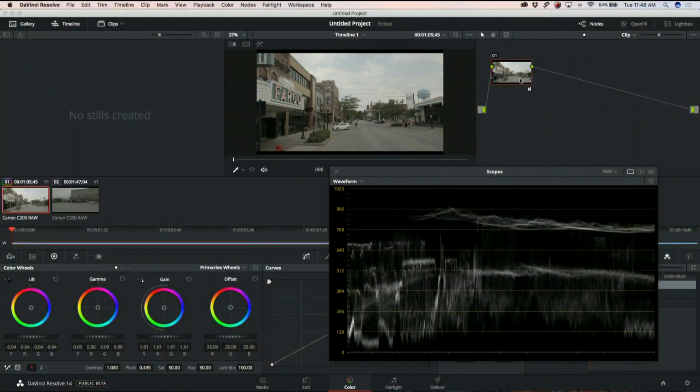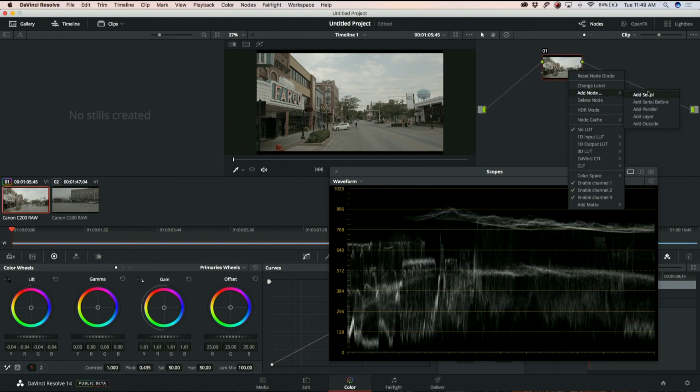If I do this to all of the clips that are in my rough cut and then I export them, then applying something like a LUT or a lookup table or my own color settings, or whatever else I might want to do to that clip in Premiere Pro, makes it that much faster. Now, of course, I don't have to do that, right? I can easily, and in fact, what I'll do is add a node before,